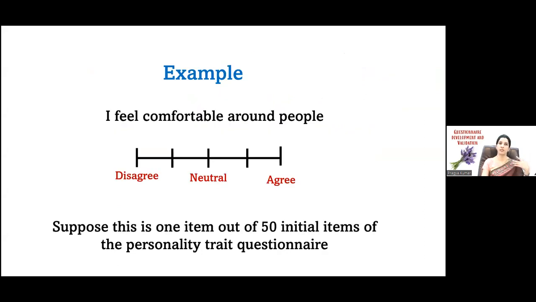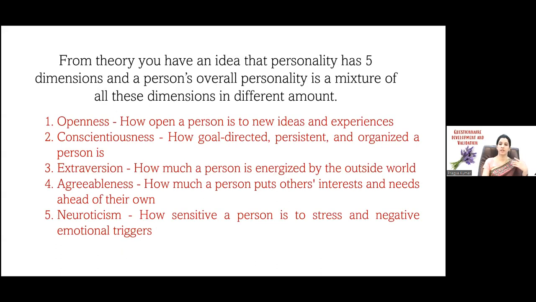So now in this personality example, there was one question like, I feel comfortable around people. If I take a response on a 5-point Likert scale, where 1 is disagree, 5 is agree and maybe 3 is neutral. So suppose this one item is there, and now from the theory, I have an idea that personality has 5 dimensions. And we know the 5 dimensions are openness, conscientiousness, extraversion,